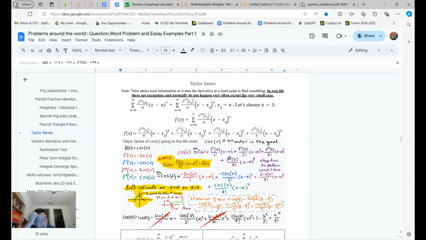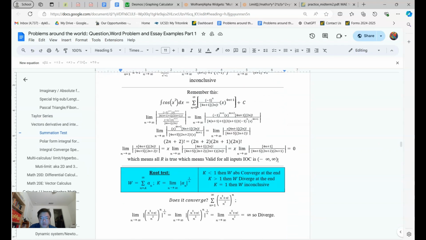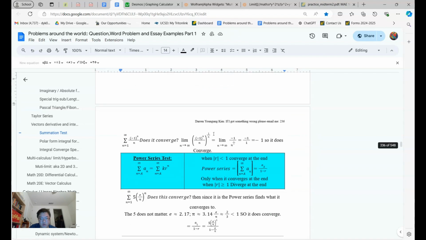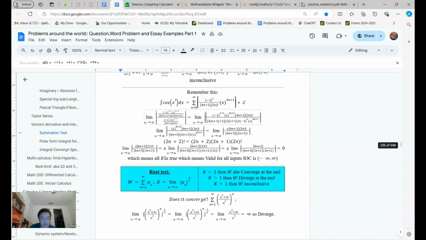I got taught summation tests before Taylor series, and I never liked it because I don't think we even got taught how to do an integral with Taylor series. But the convergence test over here, which oh, this is too big. Convergence of a series is figured out by the ratio test or the root test or power test. One of these tests to figure it out, and then you just drag out the x because x doesn't really matter over here. Sometimes you can't because it's x squared over that, and then you have to just prove that whatever variable goes, it basically is